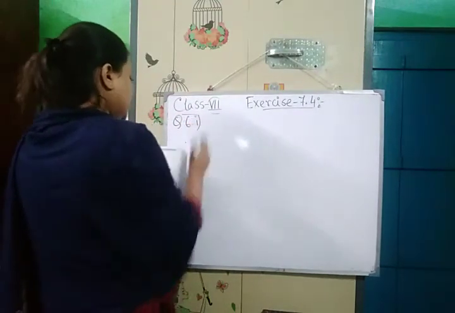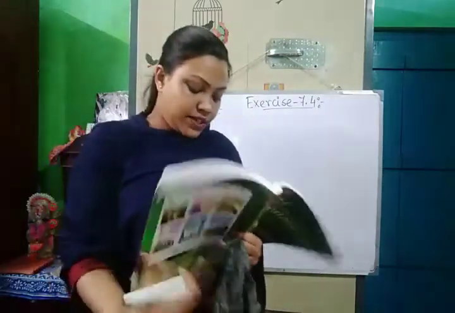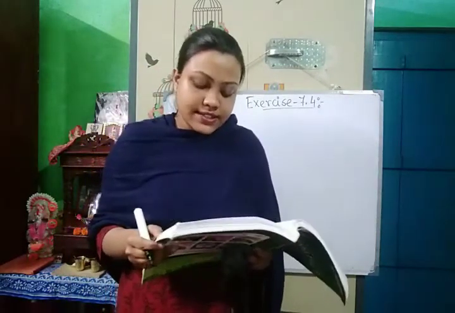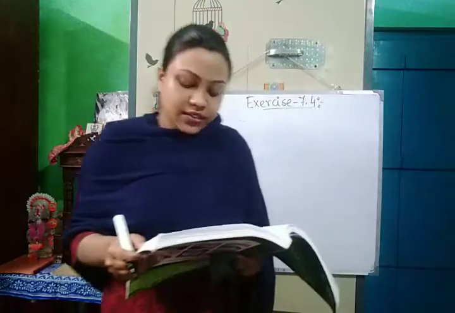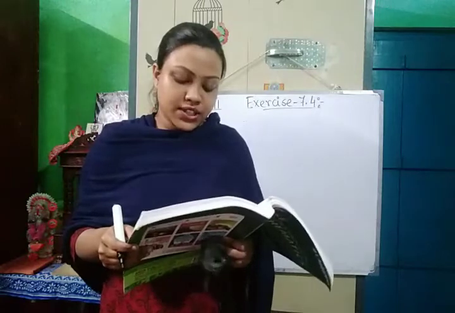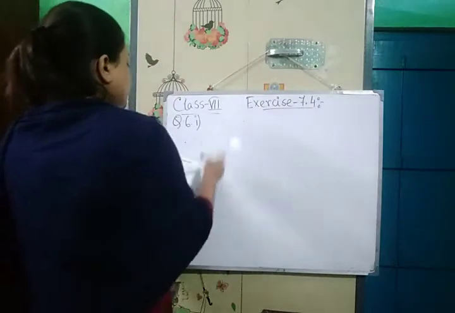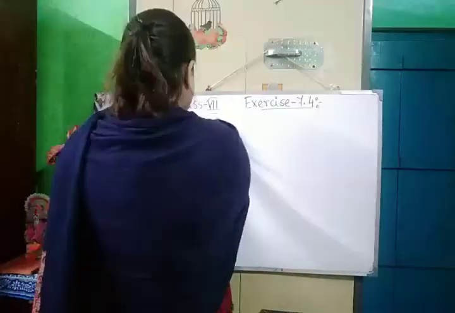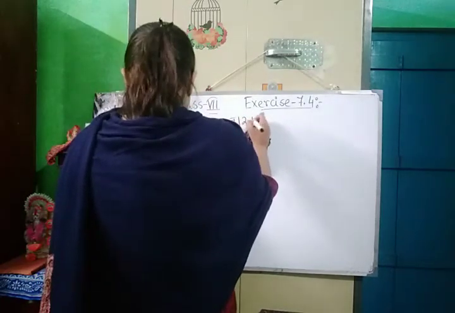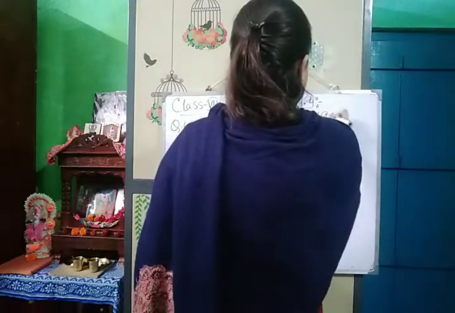Question number 6 Roman 1 again I am doing. Question number 6 is: find the time when rupees 1250 amounts to rupees 1950 at 16% per annum. So here what will we do? We will find out the time when the amount is given, the principal is given and also the rate is given. So you can see the principal is rupees 1250 and the amount is rupees 1950.